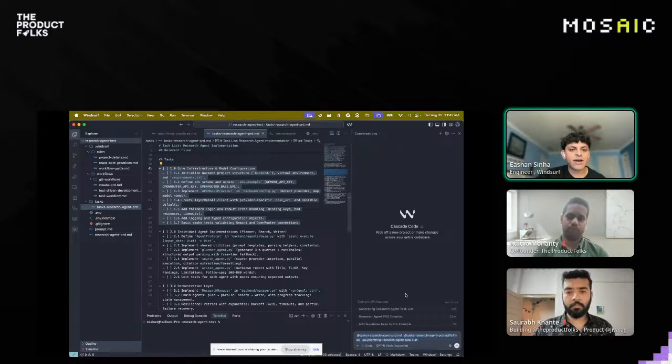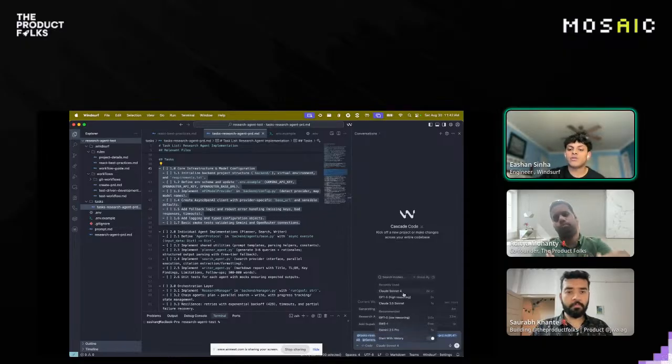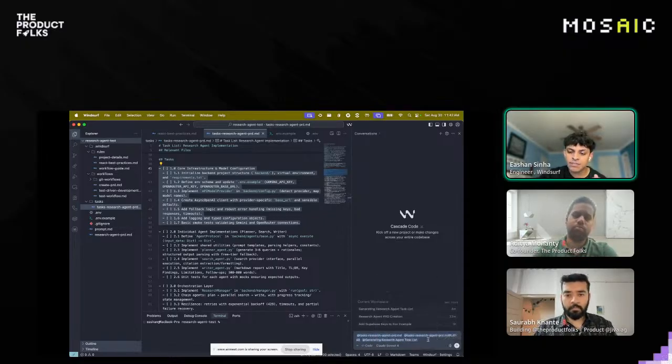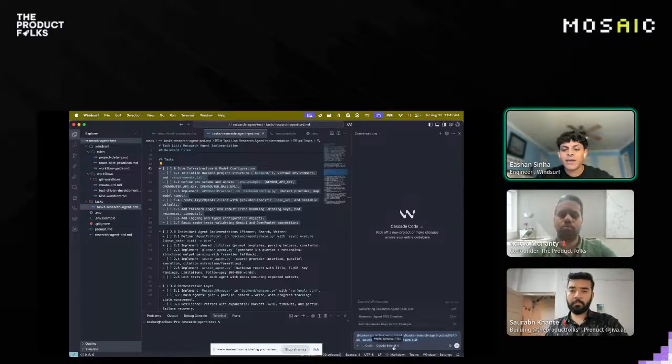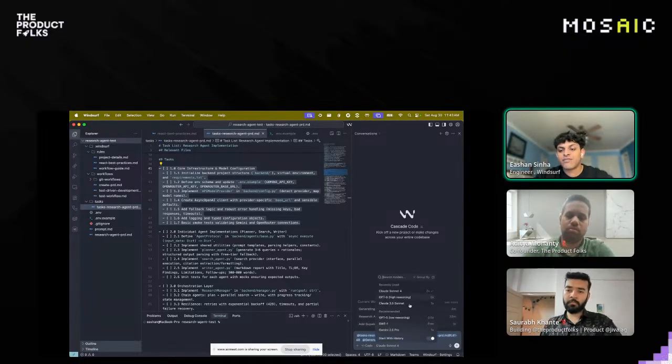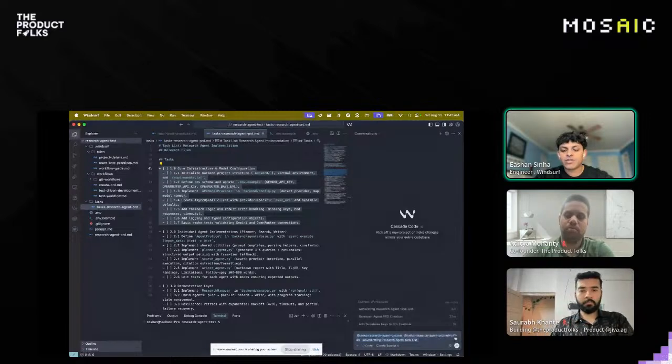And so what I'm going to do now is say, let's go ahead and implement this set of steps. And now I'm going to switch my model to Sonnet 4. Sonnet 4 is the best model from what I've seen at actually executing any of these tasks. GPT-5 is very, very good at discovery, research, and planning, but for the actual execution, Sonnet 4 excels. So I'm going to go ahead and send this,